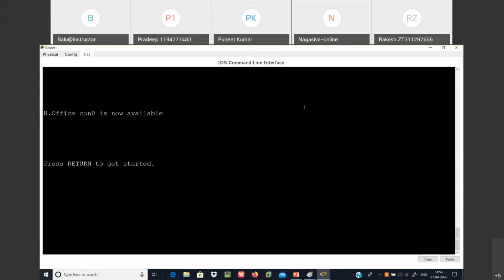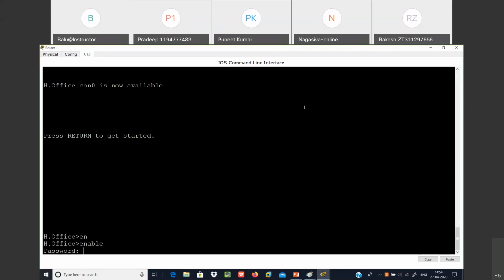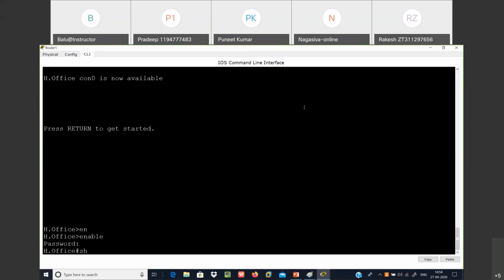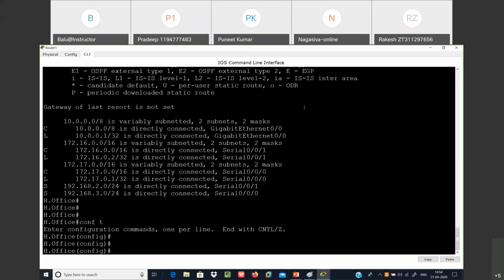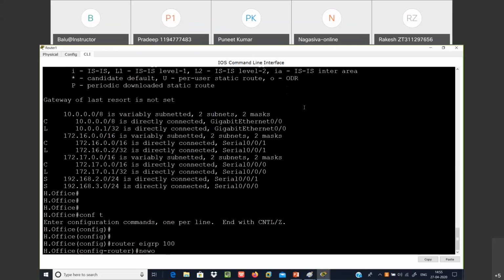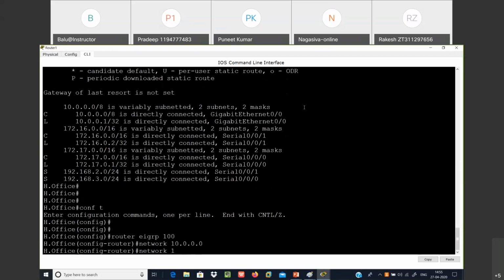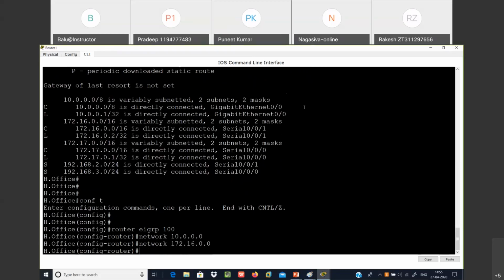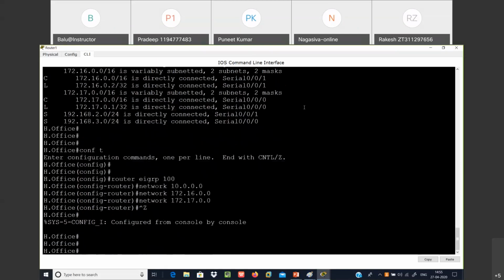Let me show you the practical for EIGRP. Hello packet. Router EIGRP is number 100. Network 10.0.0.0, 172.16.0.0, 172.17.0.0. Now privilege mode,